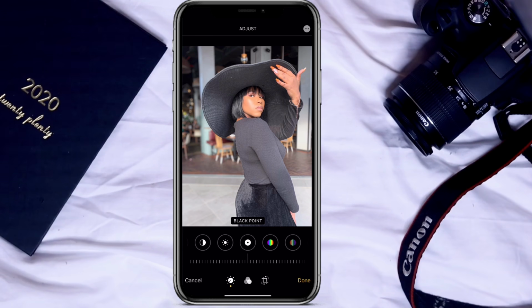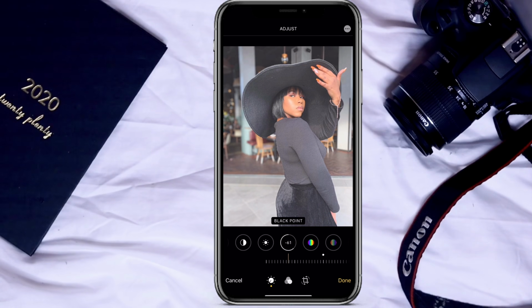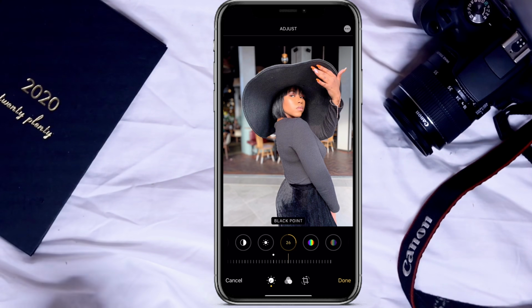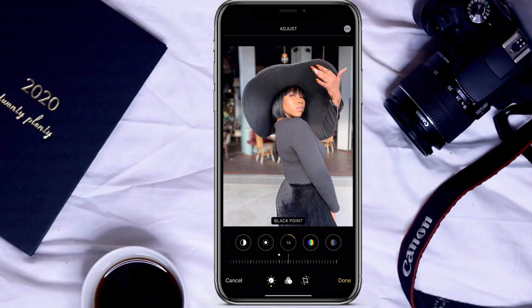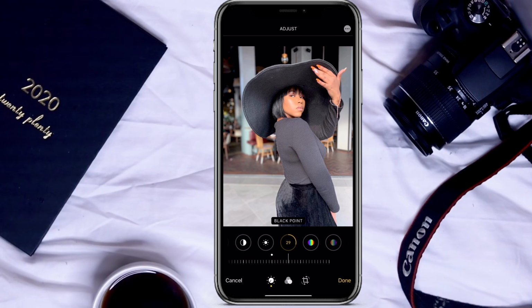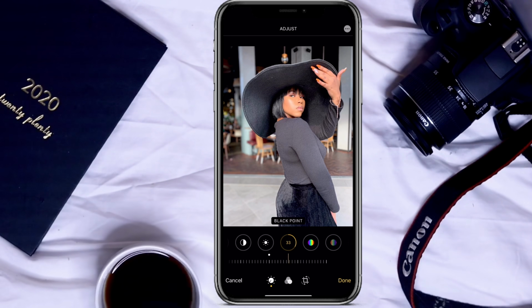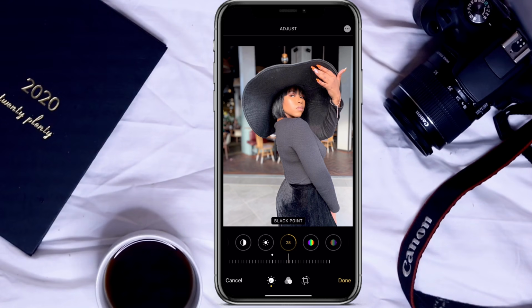So I like my colors to be rich and to be bold. It makes the picture brighter or like overcast and then darker. So I like my blacks black, right? So I will up the black point quite a bit until it's still black, but like a natural kind of black, not too overbearing. Then I will go to my contrast and bump,